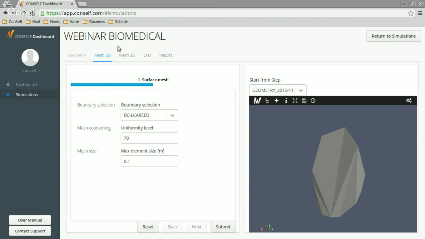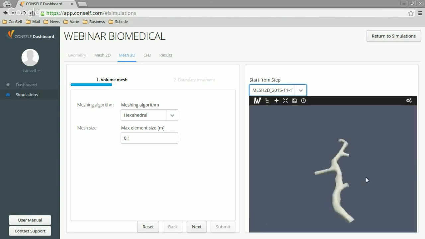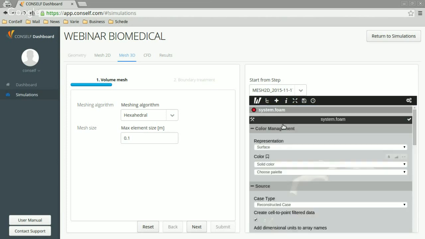So let's skip the Submit and just go to the Mesh 3D case step, where again we have to choose from where to start. We just completed Mesh 2D, so we choose that one. As you will see, again the geometry appears here. Now, what's the main difference with respect to the previous step? Well, since we just ran Mesh 2D, we have a surface mesh that will be very, very refined according to our choice. So now let's see how it is